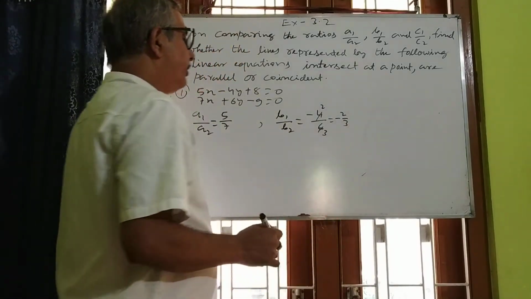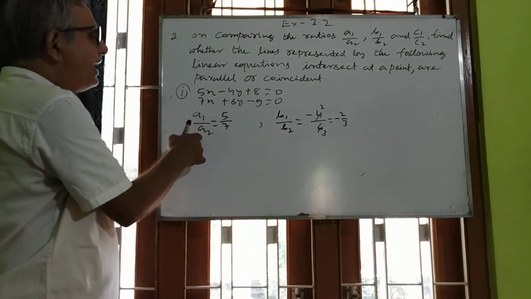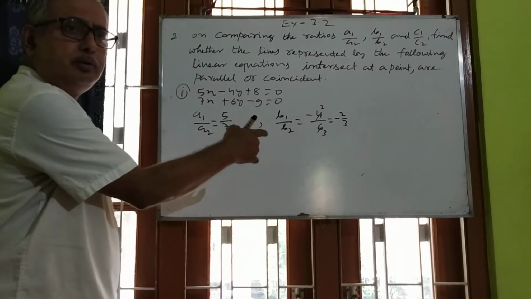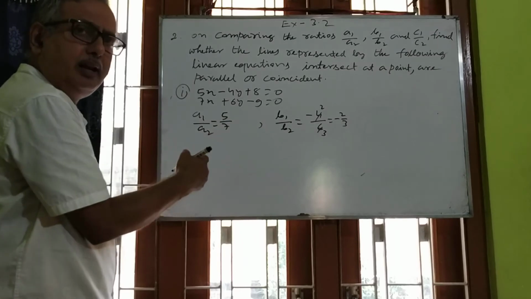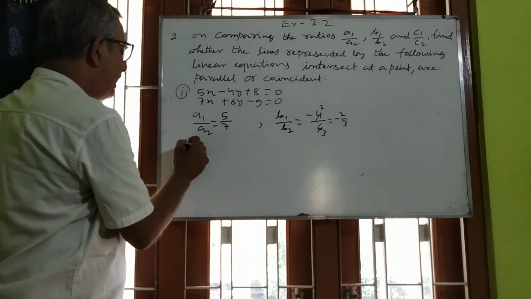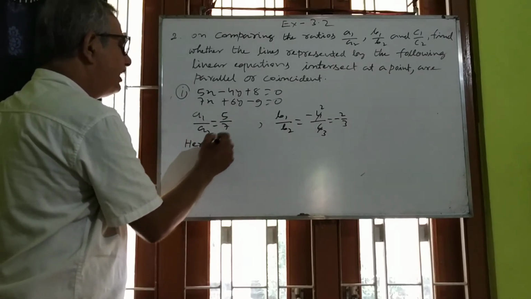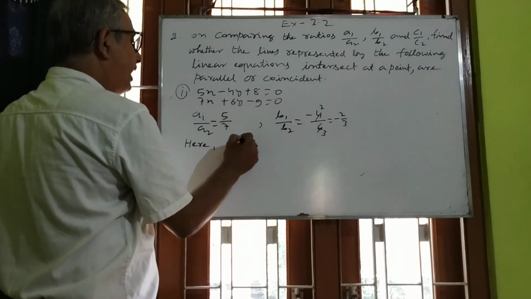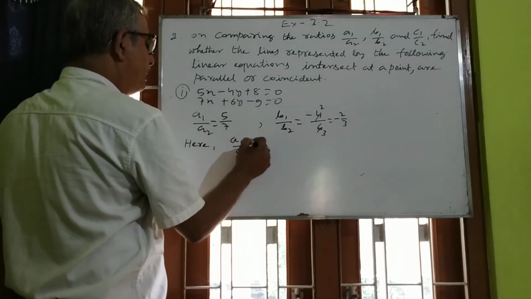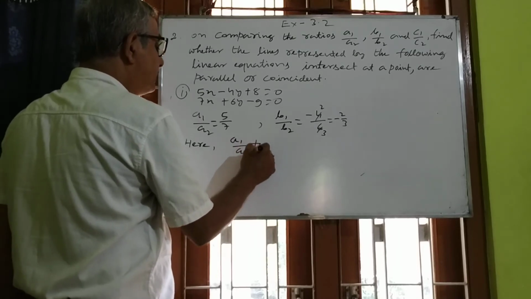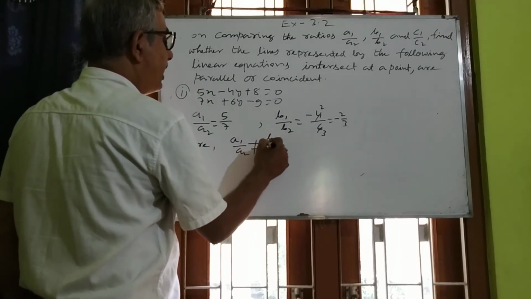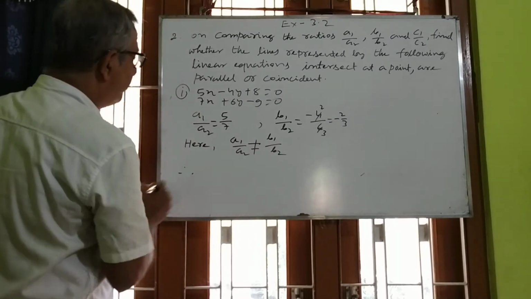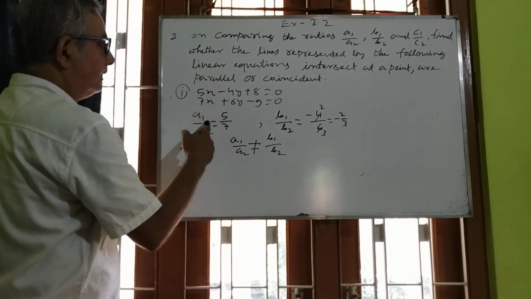One thing, A1 by A2, are you getting equal to B1 by B2? Are they equal? No, sir. Here, no need of finding out C1 by C2. Here, A1 by A2 not equal to B1 by B2. So what I should write? Therefore, the lines